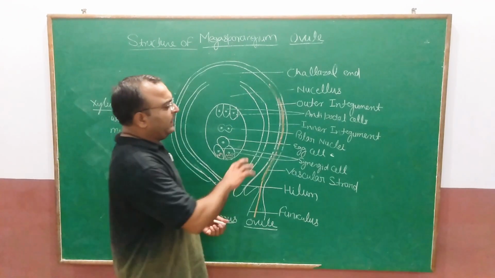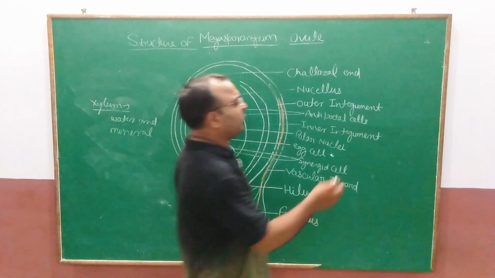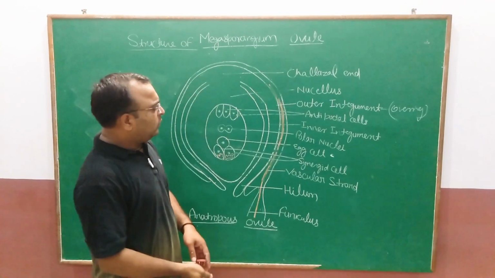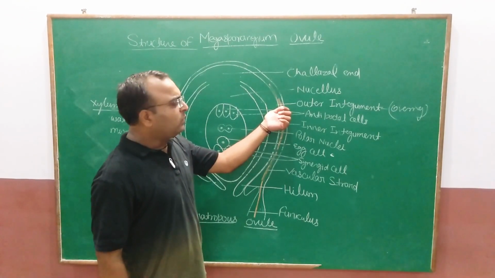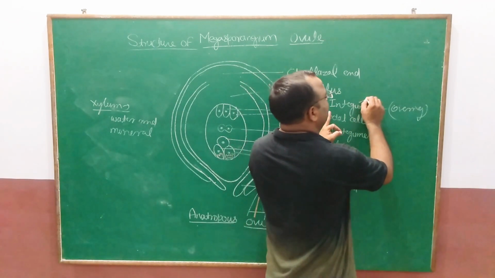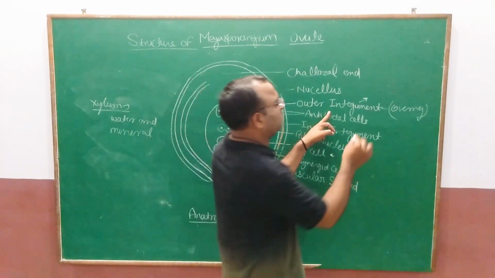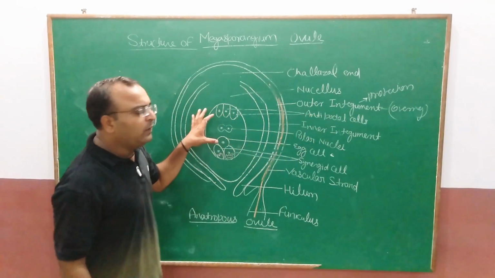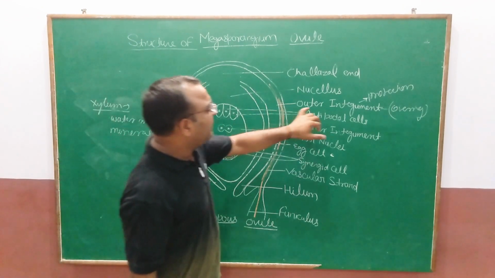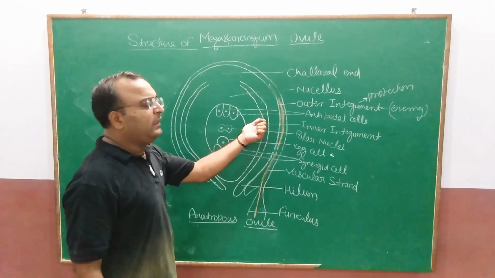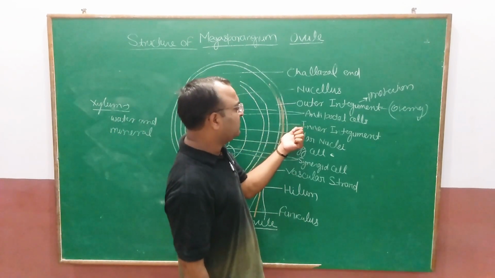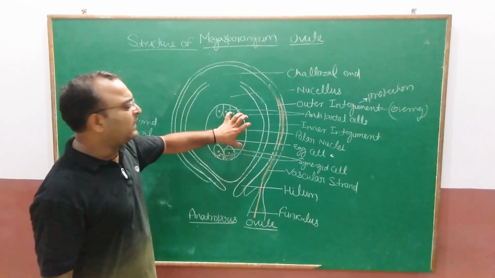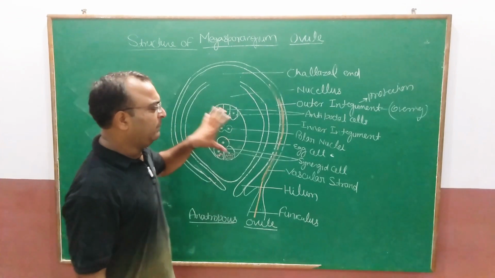Now this ovule is integumented. Integument means covering. In a simple sentence, these are the coverings. So this is the outer integument. The integument is a covering, and its function is to help in the protection of the female gametophyte. Below this outer integument, the inner integument is also present. These are 2 to 3 layers. So the function of these outer and inner integuments is to protect the inner central cell, the female gamete. Is it clear?